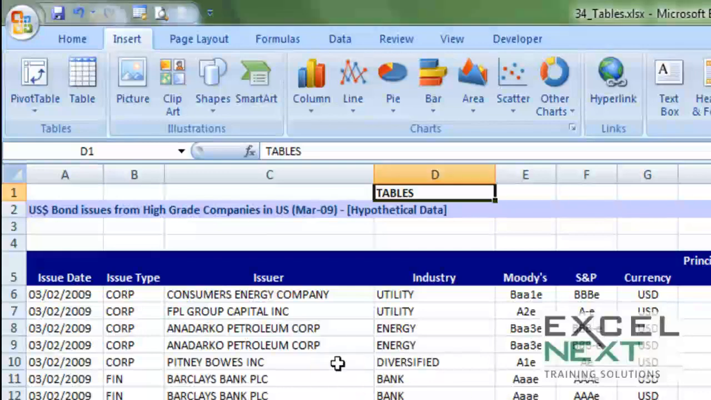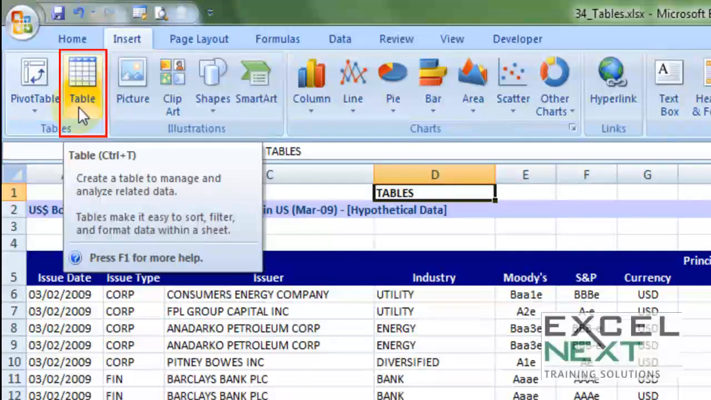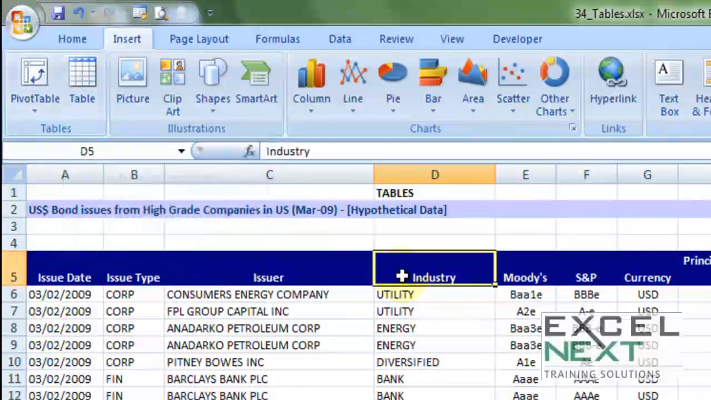Hello friends, in this video session I will be talking about a new feature that has been added for the first time in the 2007 version of Excel, and that's called tables, that you will find under the Insert tab under this icon, Table. Now what does it do, how does it apply? We will see with reference to a